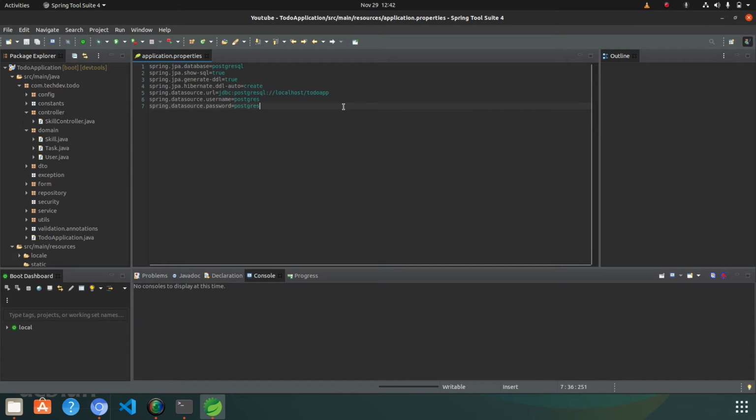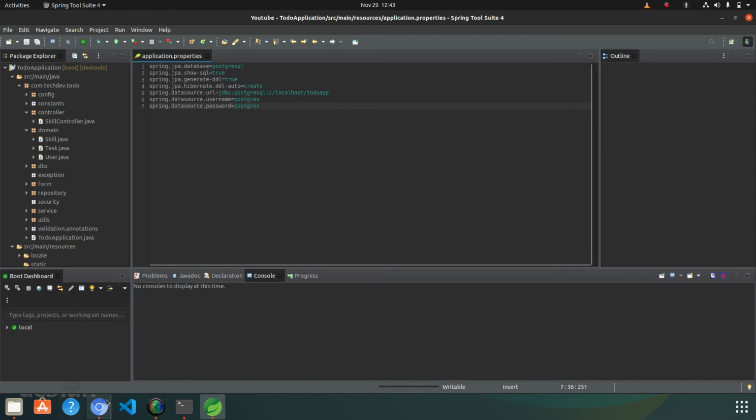you are going to use the Postgres database, it will not create your database automatically if the database does not exist. But if you are going to use MySQL, and you do not have the database created in your database manually, then it will automatically create the database if you use MySQL, not PostgreSQL. So I do not have any database yet created with the name To Do app.